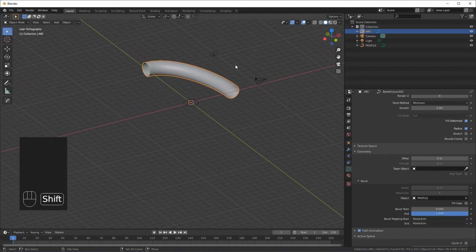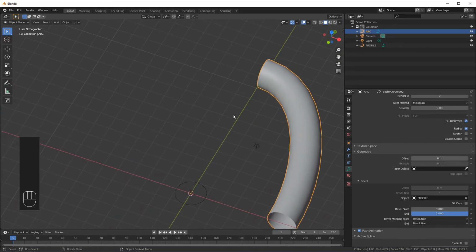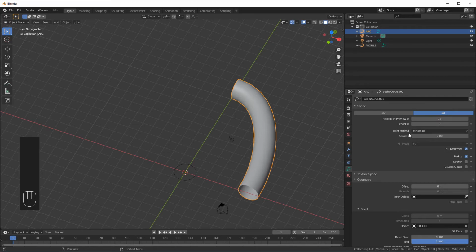Now we have a curved tube, and you can set the resolution by setting this